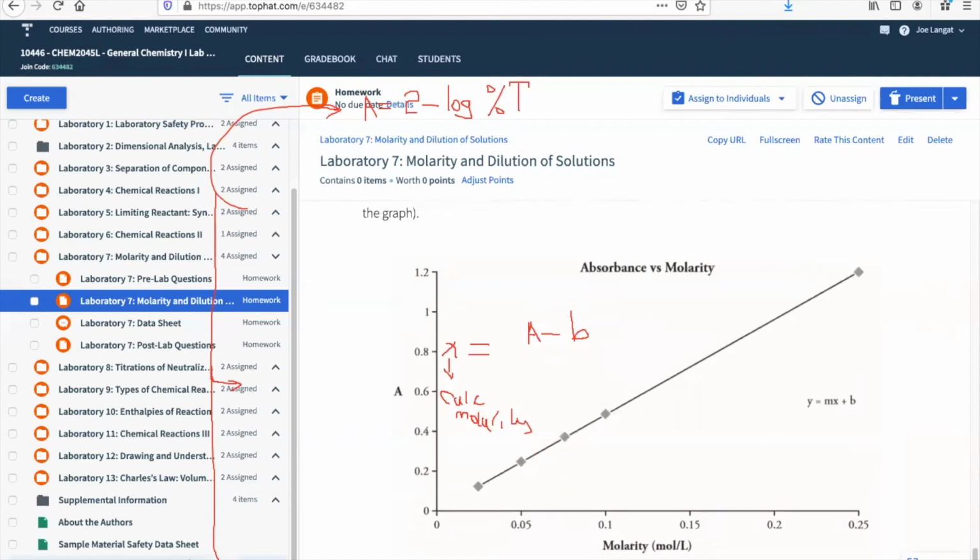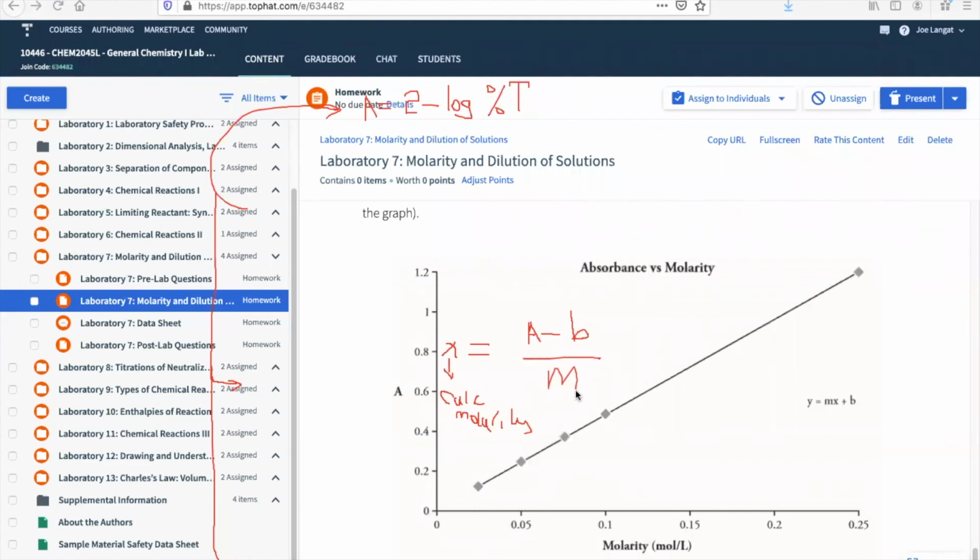So the slope of the line is M, X is the concentration, and then you divide that by the concentration. That's what I'll do, divide by